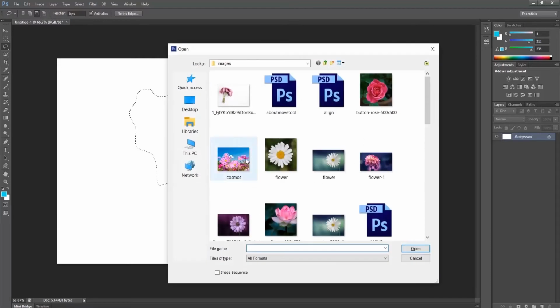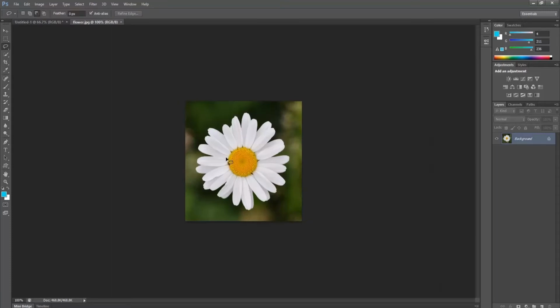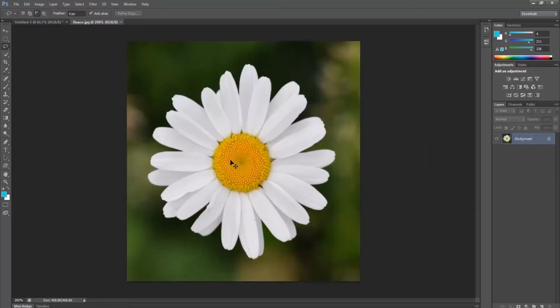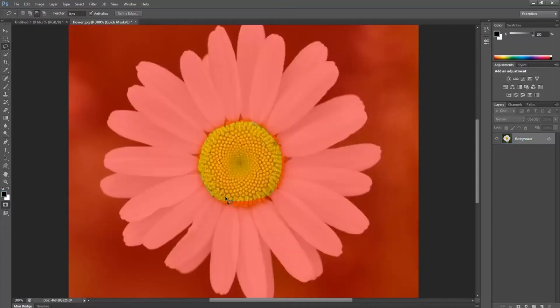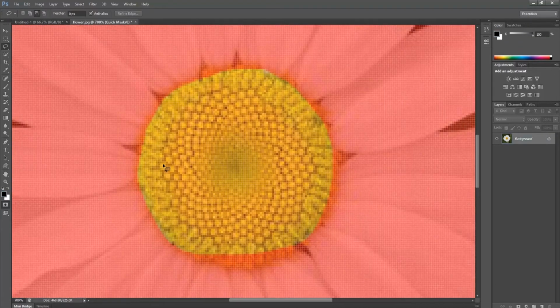Let us open an image. Now in this image, let us try to select this yellow part. I will zoom in. Just click at one point and move your cursor. Now let us check the edges of this selection. Just hit Q in your keyboard. You can see we have got smooth edges since our anti-alias option is checked. Click Q again to revert back.